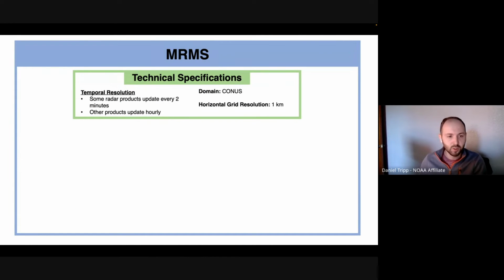So let's talk a little bit about an overview here and the technical specifications for MRMS. This probably is a review for some of you, but just to make sure everybody's on the same page here. MRMS has a domain over the CONUS. We do have other domains, but this product will just be focused over CONUS. It's on a 1 kilometer horizontal grid. Some of the radar products update every 2 minutes. Other products are updated hourly. So technically speaking, we could produce ice accumulations every 2 minutes, but we're just planning on doing hourly products for